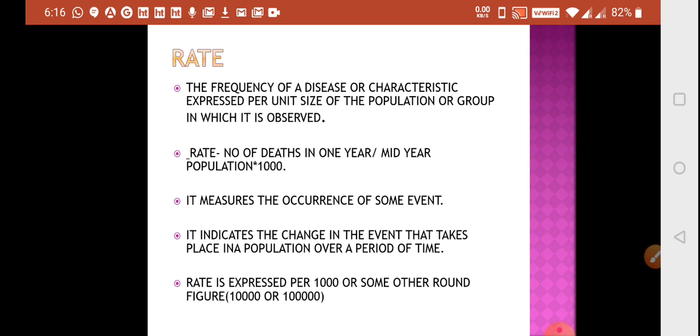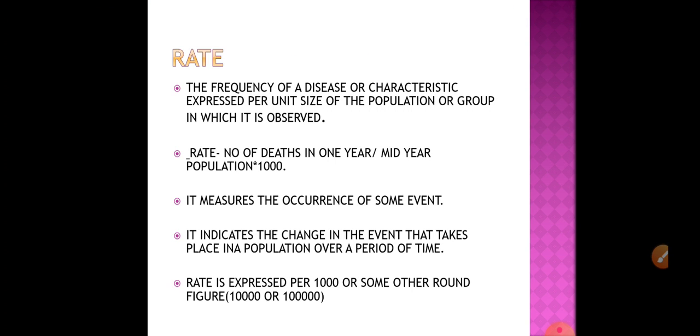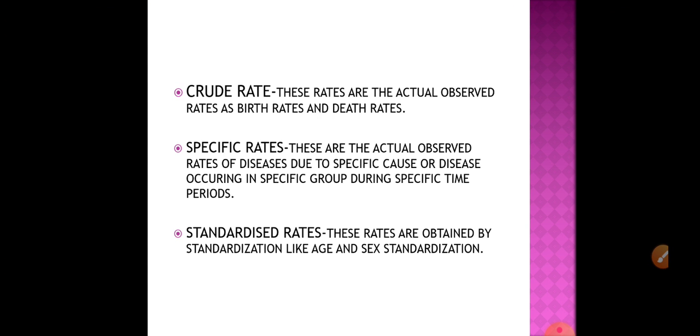You should be knowing this. They can tell you this is this, what is the rate, and you can find it out by using the formula, or they can just ask what is rate and give you in an option which of the following is a rate. In the options they will give crude birth rate, standardized rate, whatever. So this is what the rate is.